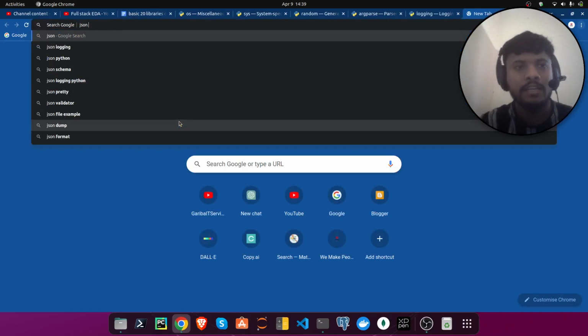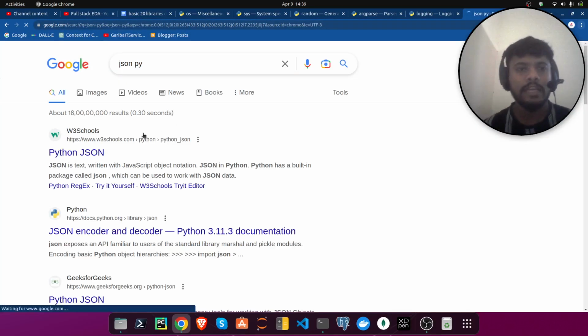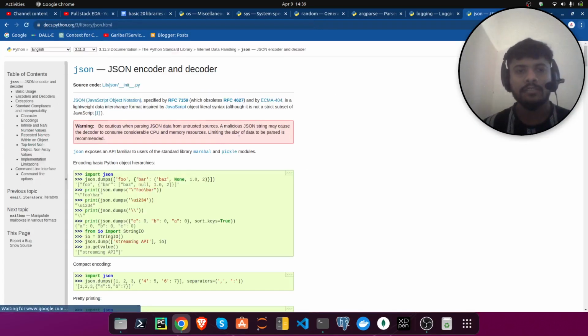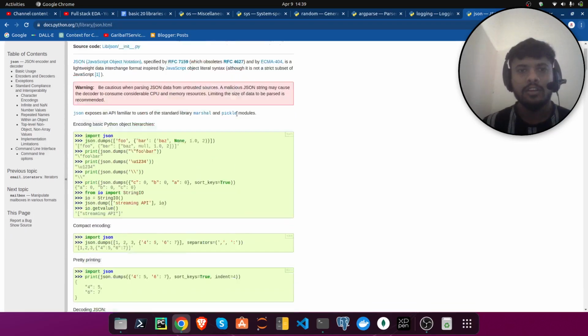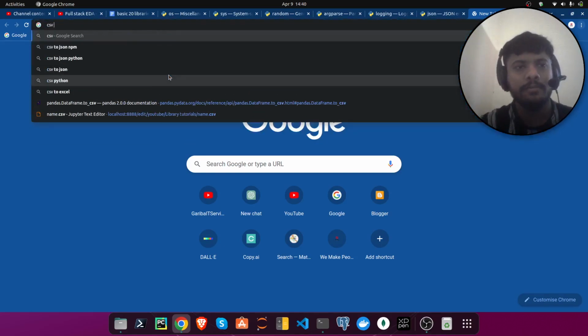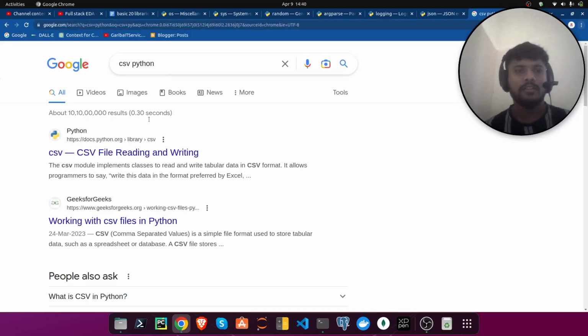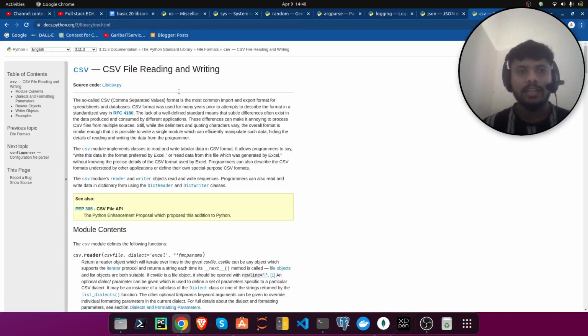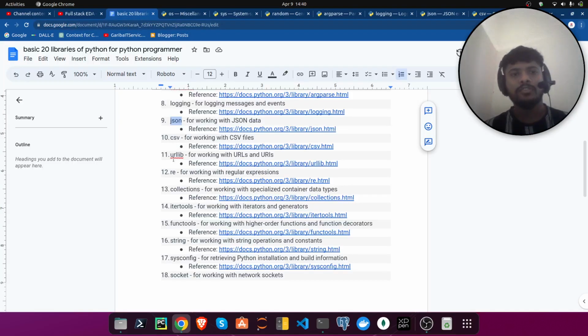Just search JSON Python, and you will get the encoder and decoder in JSON. If you search CSV Python, you will get that also. So these are the important modules, and that's why I'm telling you to learn them.